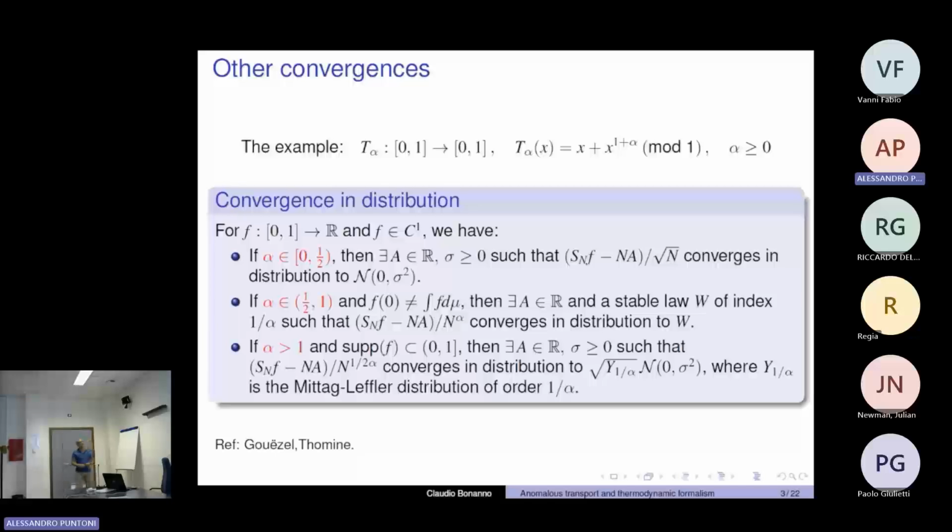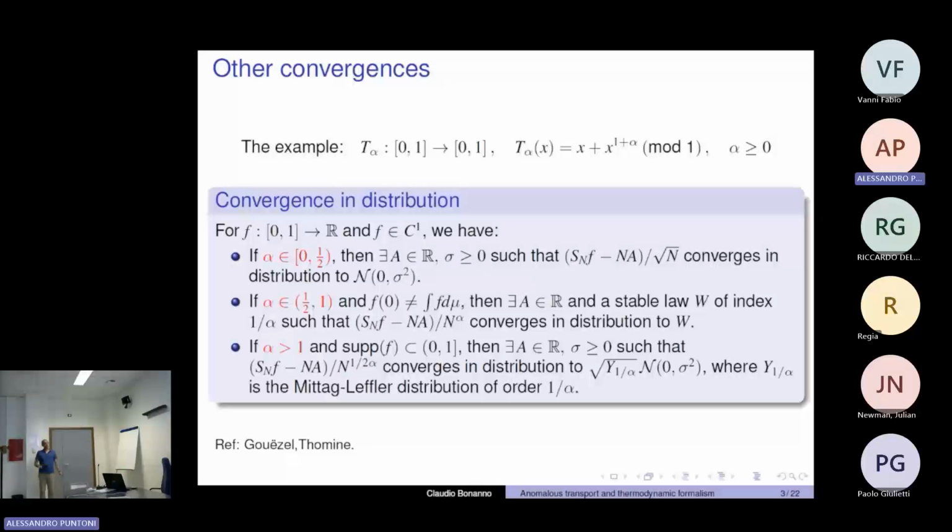But when alpha is greater than 0, you are in this situation. And in particular, the measure for the system is finite if and only if alpha is less than 1. If alpha is greater or equal than 1, we are already in the situation of having an infinite measure. Anyway, you can ask, for example, for the standard convergence in distribution for our sums. And this is just a list of results that show how this convergence highly depends on the value of